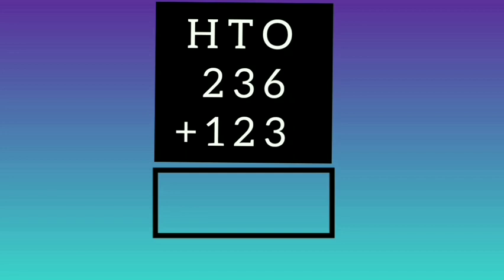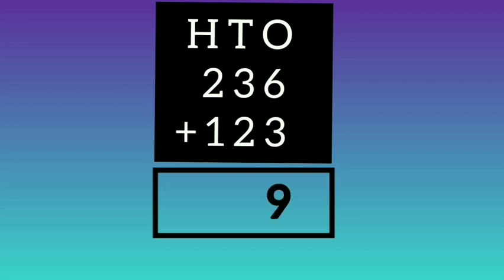Look here carefully. He wrote ones place below ones place, tens place below tens place, hundreds place below hundreds place. It means we have to arrange the numbers one below the other by their place. And we always have to start addition from the ones place. Okay, look here, what is the digit in the ones place?